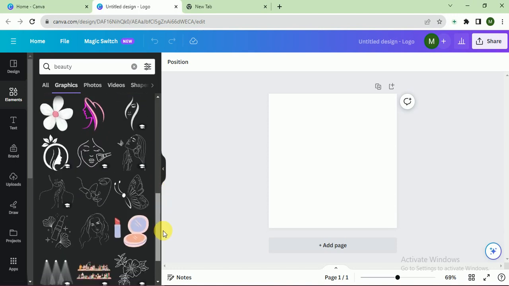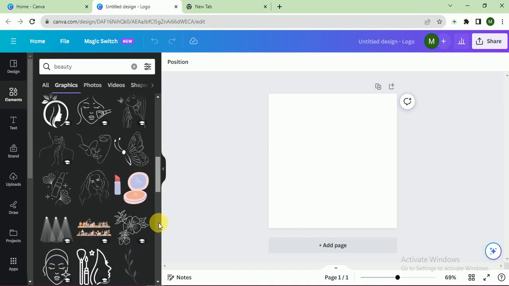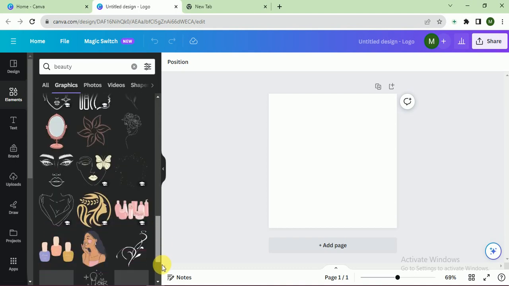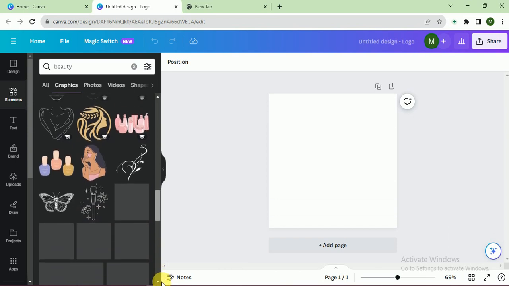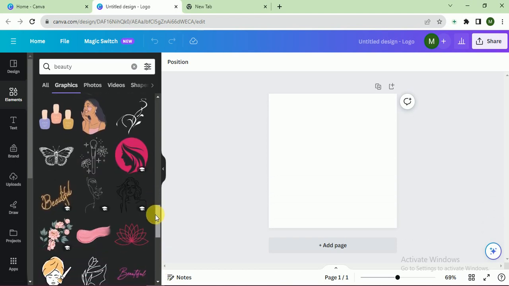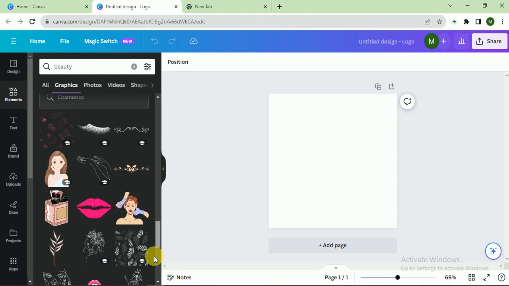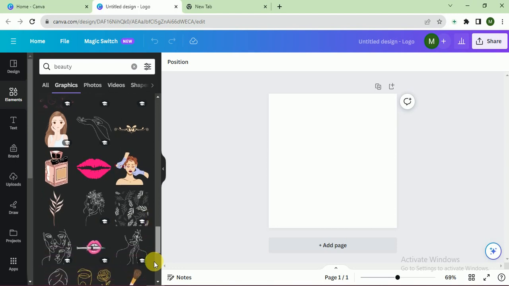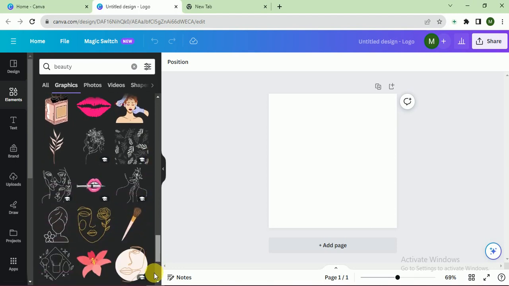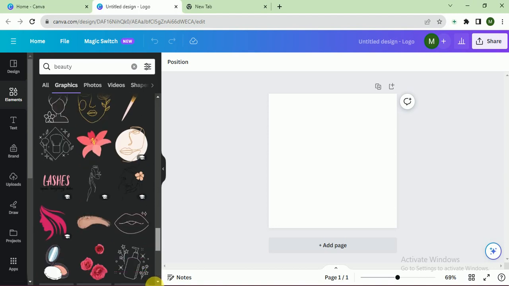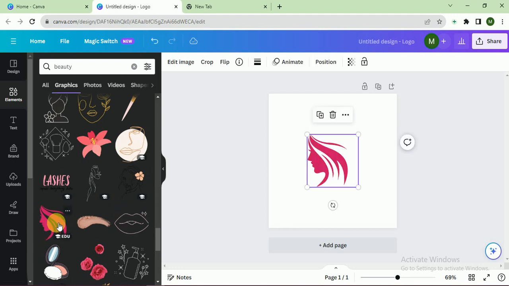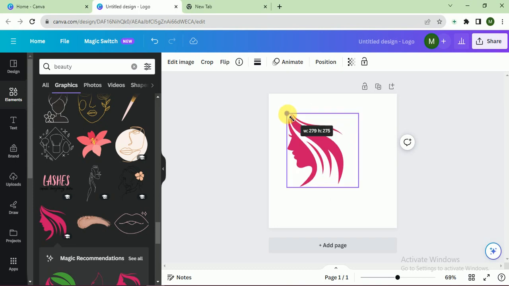So let's see what we have to choose. I like this logo, so I drag it,